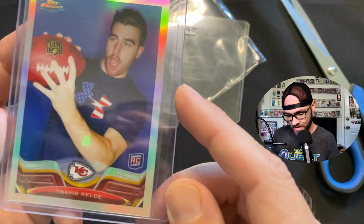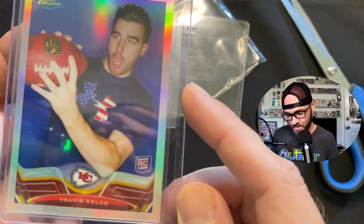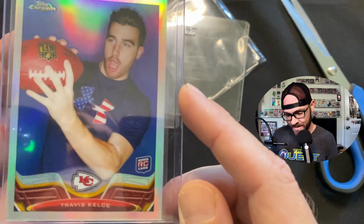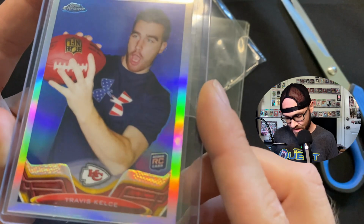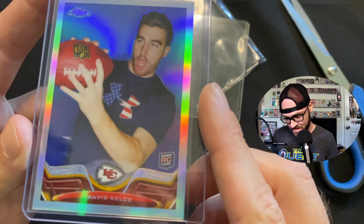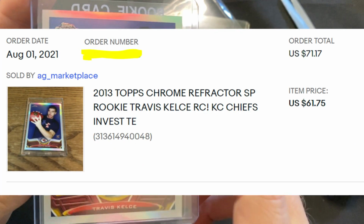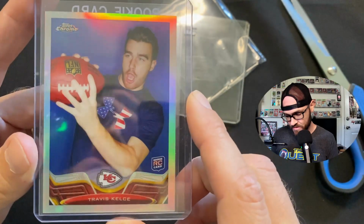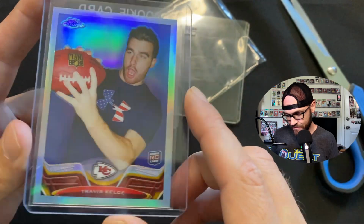He was on the Adam Lefkoe podcast. Adam Lefkoe got into cards through Gary Vee, and he was on Adam Lefkoe's podcast talking about this event because Adam was picking on him, ragging on him about how goofy this photo looks. And I was able to snipe this refractor for 65, I think, was shipping. 65 was shipping, but being the best tight end in the NFL with